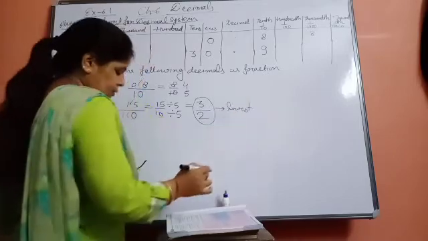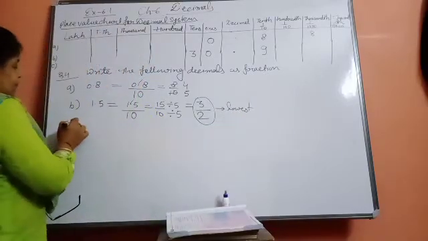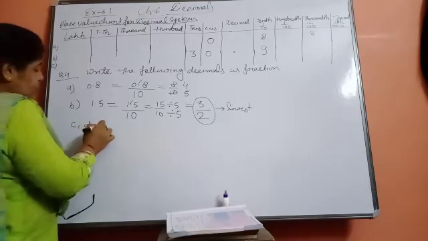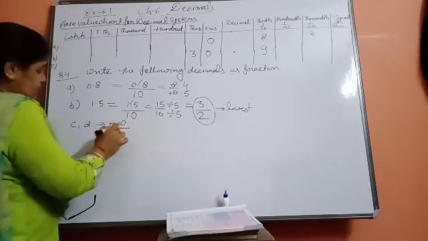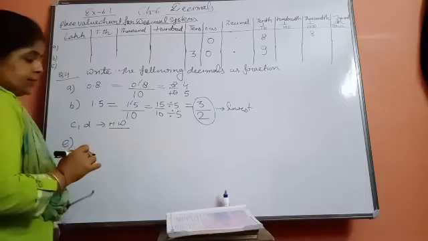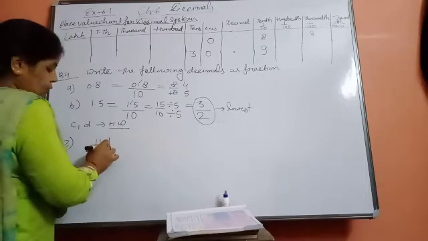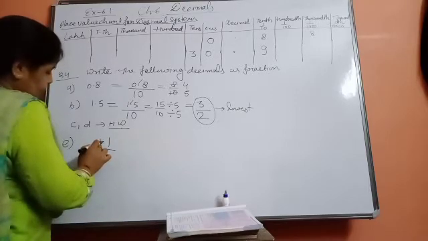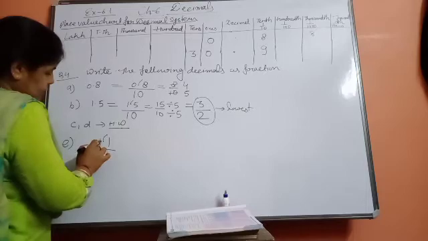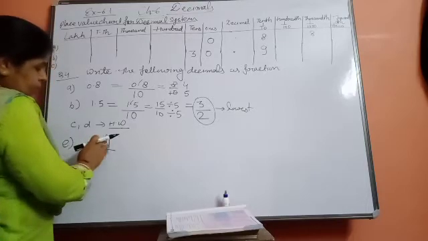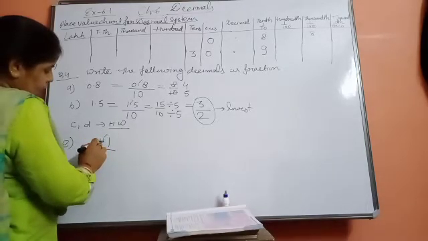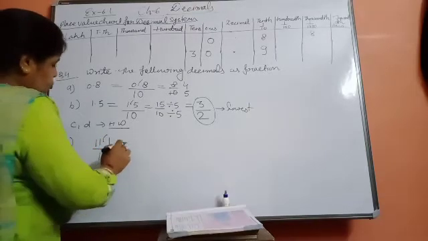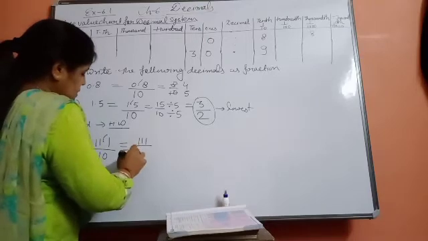Okay. So in this way C, D and E part. C, D part you will do in your homework, and E part I am going to do. See that E part, what is that? 11.1 is there beta. Okay, so I am writing 1 here. I am going to remove this decimal. After decimal, not the before part, means fractional part you have to see. After decimal, how many digits are there? 1. So 1 zero will be increased in the denominator. So 111 upon 10.